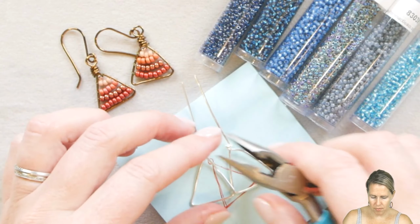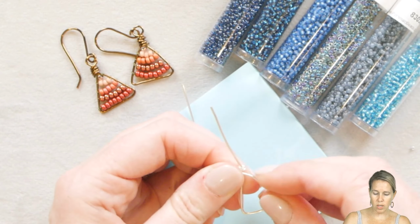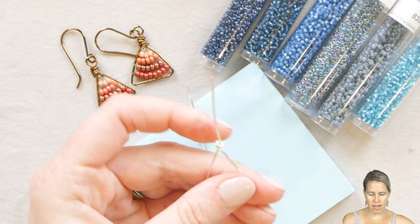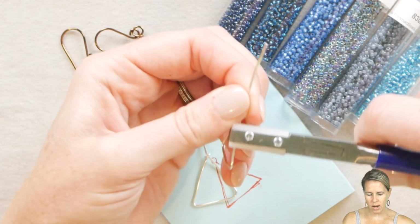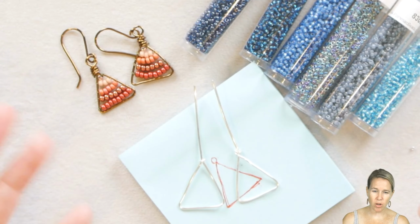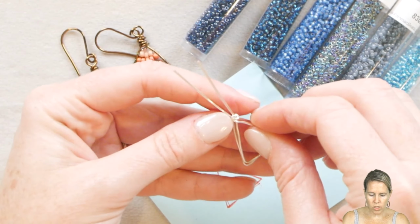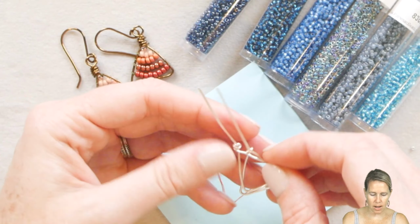Going in now, once I have my forms, I'm going to make sure they're very identical, and get ready to do the top of them as well. I have a nylon jaw pliers handy and close by, which you can use to flatten out your sides. By the time you add the beads to it, you're really not going to be able to see that. Once you check the accuracy of your triangles and make sure they are the same height and same size,